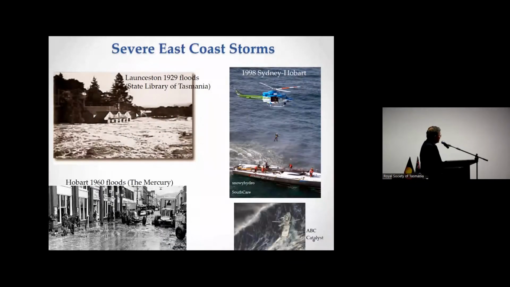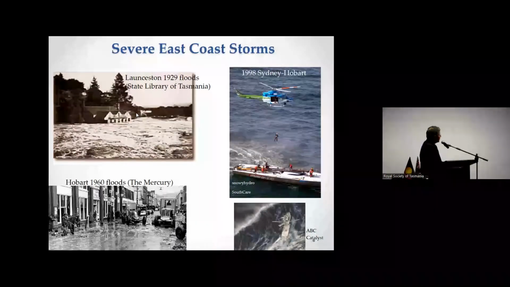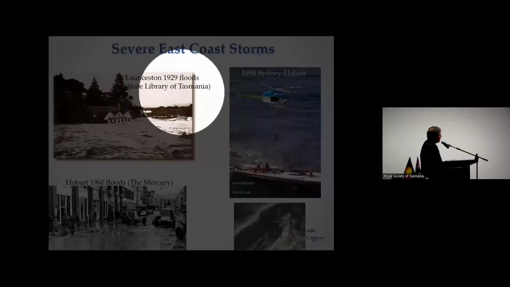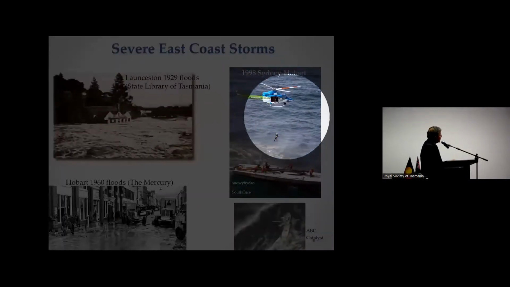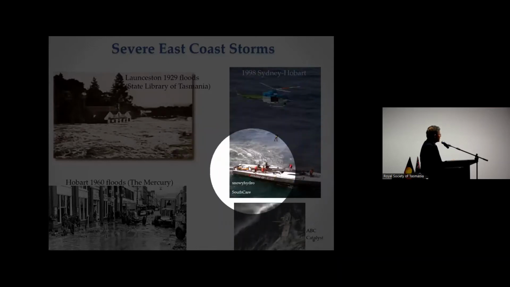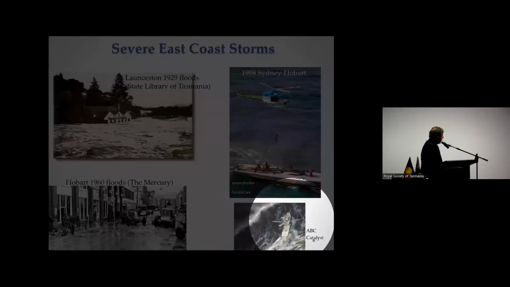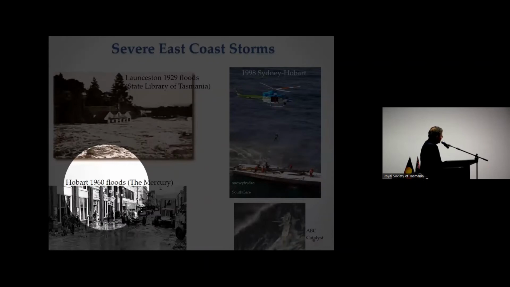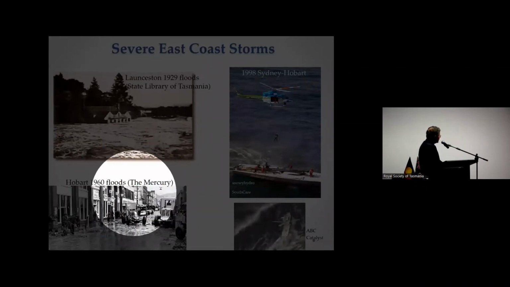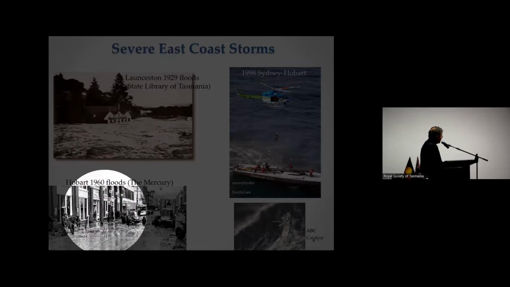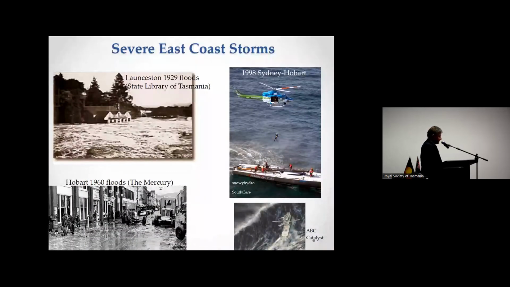But just to remind you that these lows don't only produce rainfall, but also violent winds and terrific seas. This is that tragic 1998 Sydney-Hobart yacht race event when so many sailors lost their lives. This is the event in Hobart in 1960 and the southeast. So this one was very much in the north and northeast. This one was more in the east and southeast. But similar